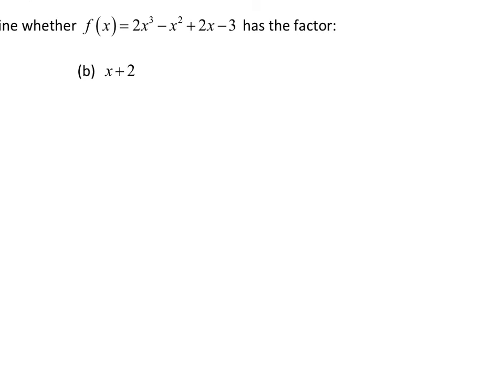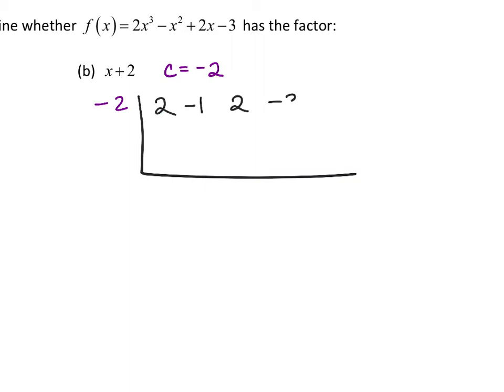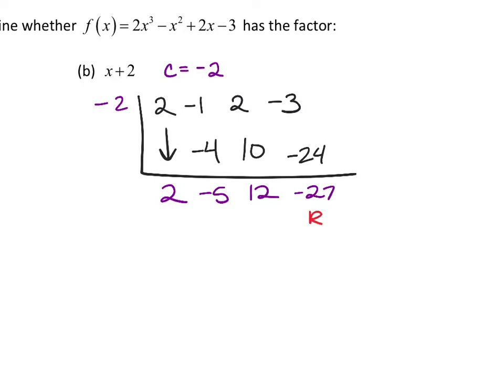If we're trying to check if x plus 2 is a factor, that means the c that we're checking, our 0, would be negative 2. So let's set up our synthetic division to check, again, the c on the outside and just the coefficients from that polynomial on the inside. We bring down and then multiply, add, back and forth with this pattern over and over again. Multiply, add, multiply, add, and because our remainder this time is not 0, that is not going to be a